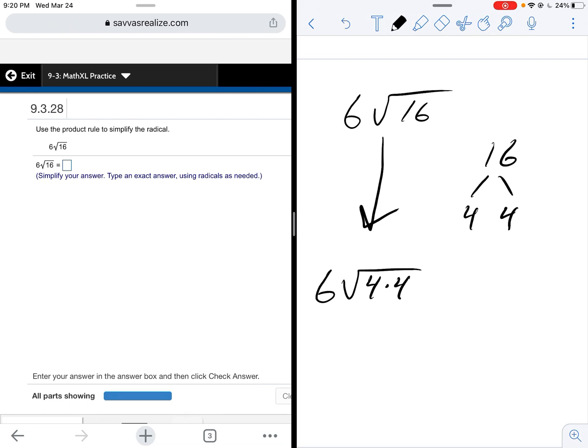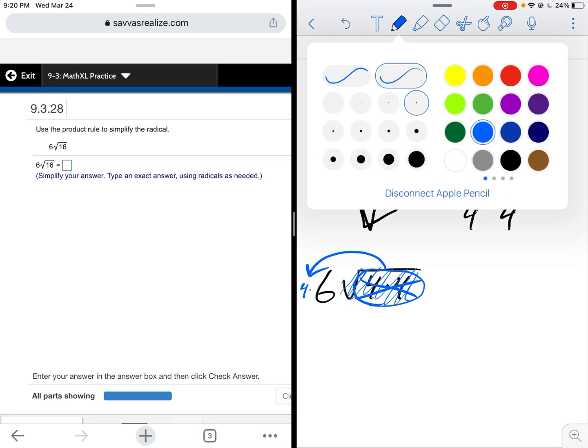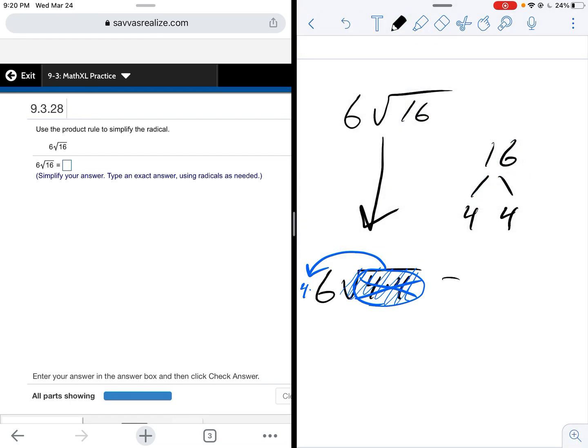Now, the reason why I'm doing this is, remember, we can take stuff from underneath the square root if it has a pair. So since this is a pair of 4s, we're just going to move it out front, and we'll multiply that with the 6. Now, that means these 4s inside the square root are going to cancel, which actually means the square root itself cancels altogether. And all you're left with is 4 times 6,